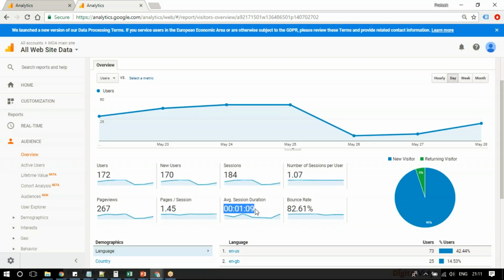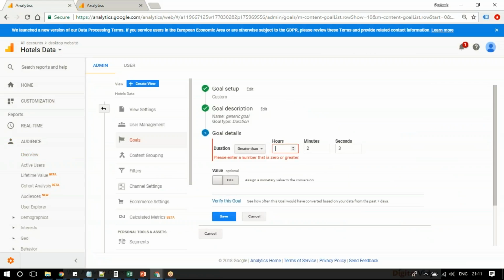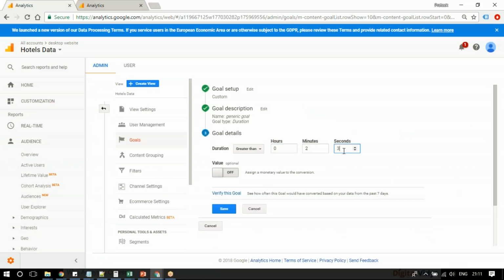So since my website is 1 minute and 9 seconds, what I might want to do is put that number over here. I might want to have 0 hours, but over here I might want to have 2 minutes and 30 seconds, because that in itself is not happening for me. As you can see, my average session duration is about 1 minute. So again, 2 minutes and 30 seconds is definitely not happening for me, and I want to critically reach that